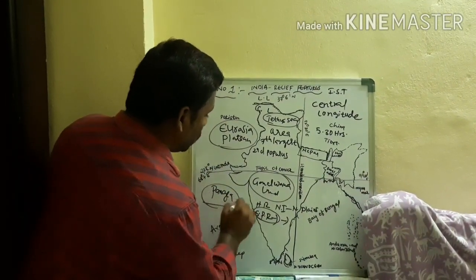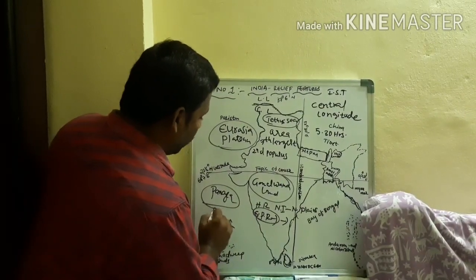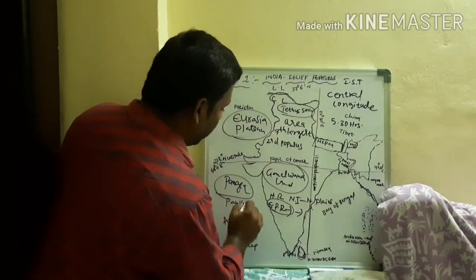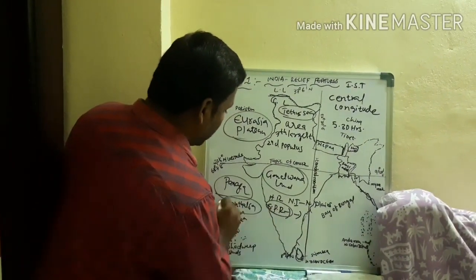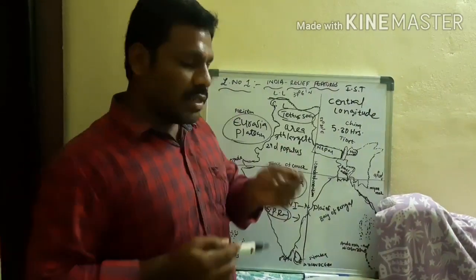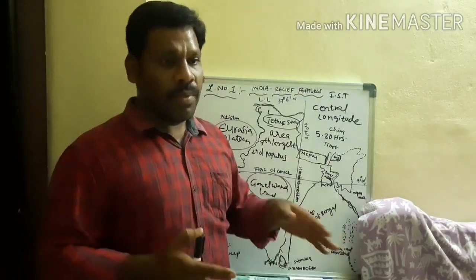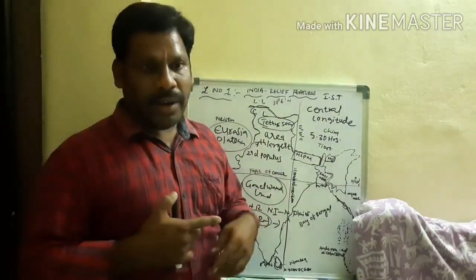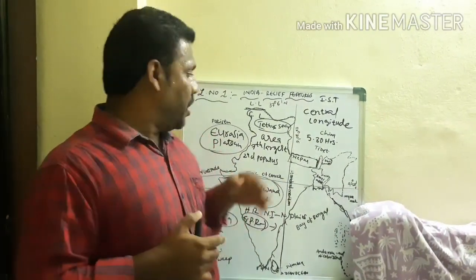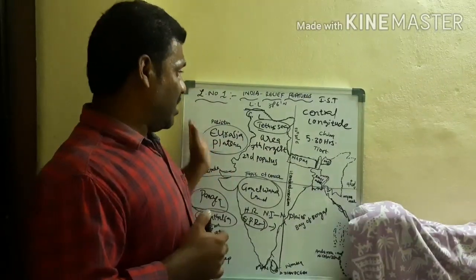Pangea. It is called what? Supercontinent. And we have one more ocean, super ocean, that is called what? Panthalassa. On the basis of these only, the continents were formed as we know them now. It has taken some millions of years to form due to the collided earth plate tectonics movements of these origins, which we have discussed in the previous class and now also.